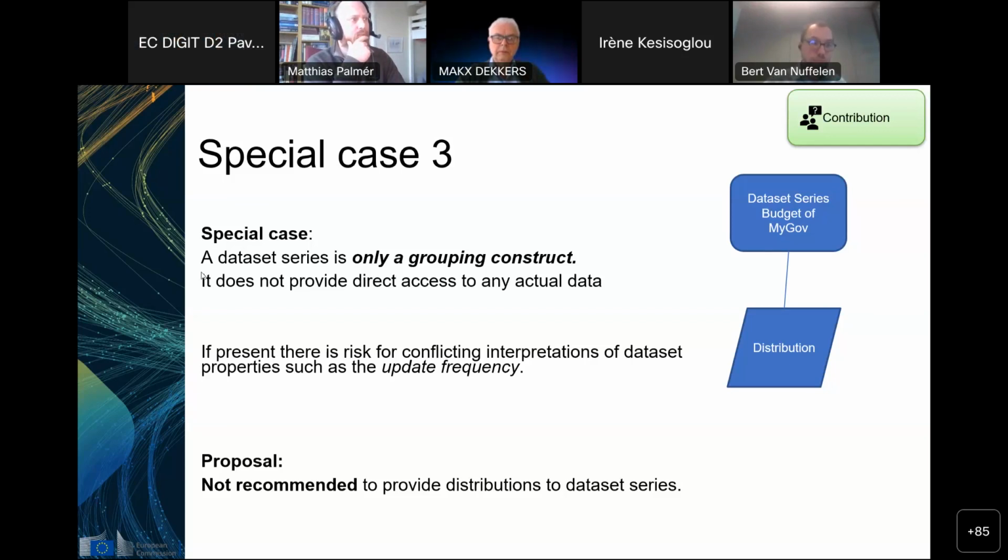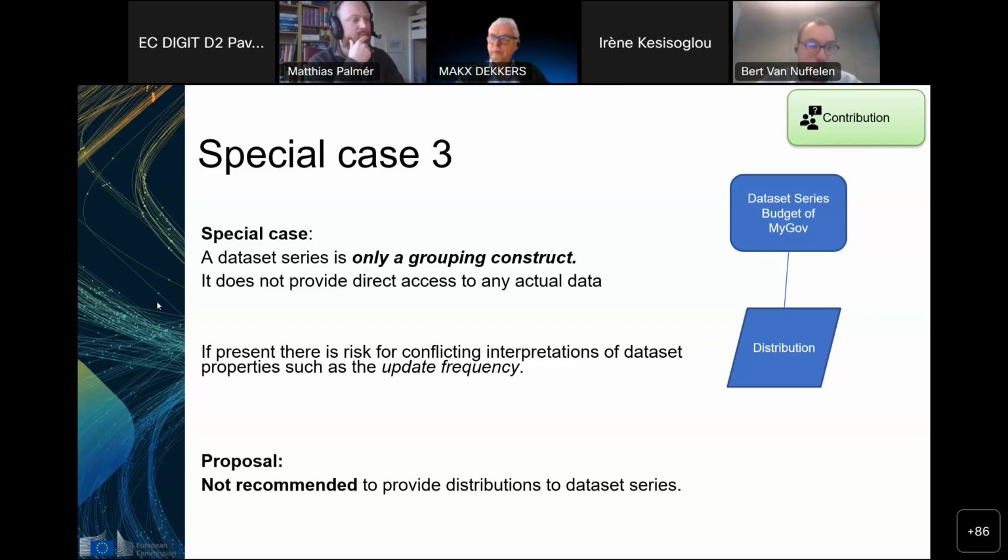construct. I would like to add the scenario I added in GitHub, as a complicating factor. You have a range of datasets, one per year, over budget for instance. But you also have an API, and the API contains all of the budgets. Where do you put the API, or rather the data service? Where do you provide the distribution pointing to the data service? Do you repeat that on each of the individual datasets, or do you point to it from